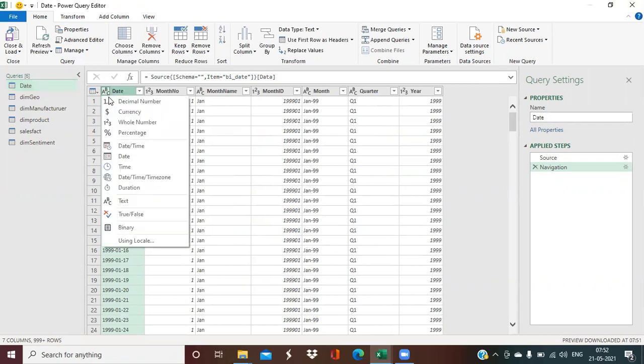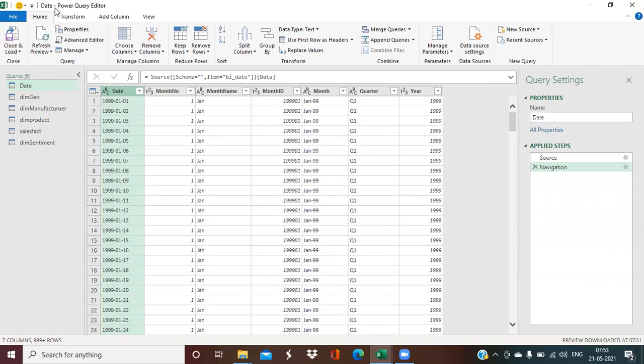Okay. We can see here, by default, it has given the text data type for this date column, which is not correct. If you need to do analysis on a date, it has to be converted into a date data type. Okay. If you have the time information as well, then date time, otherwise date data type. There are two options for changing the data type of a column. You can either go on here and select the data type, whatever you want, or you can go into the home menu bar. You can select it from here as well.